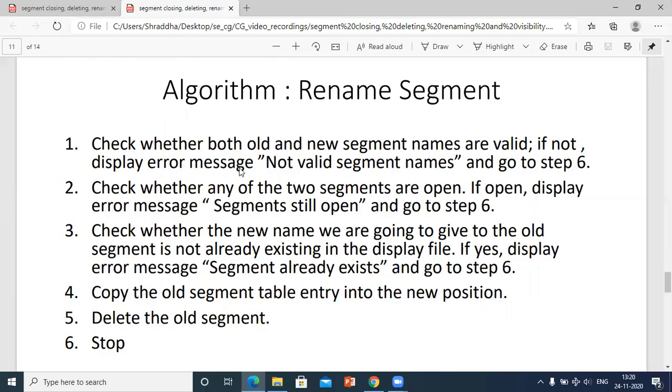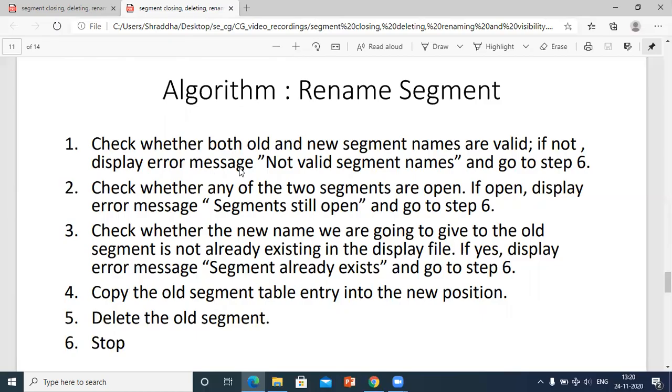If by chance you give a name that already exists, then display the error message "segment already exists", the step will not be accomplished, and it will jump to the stop phase.